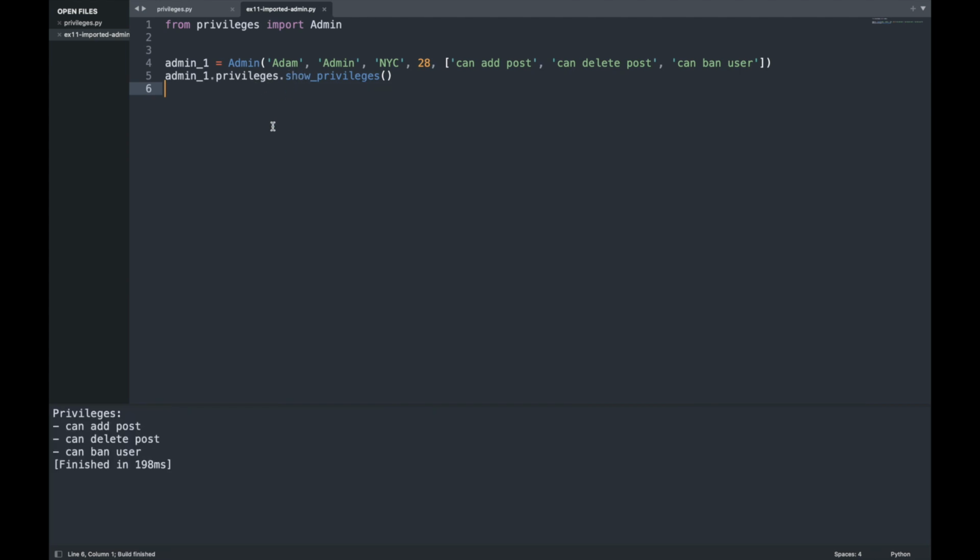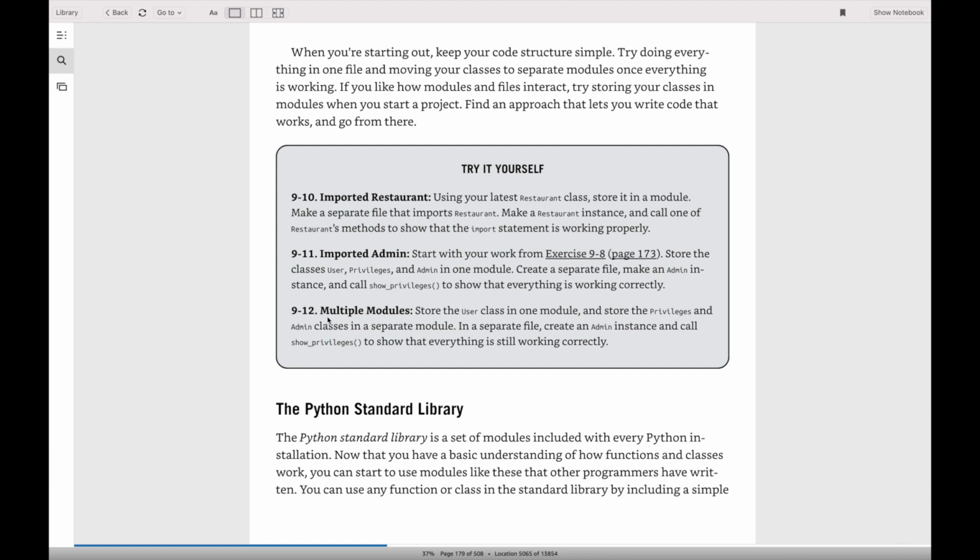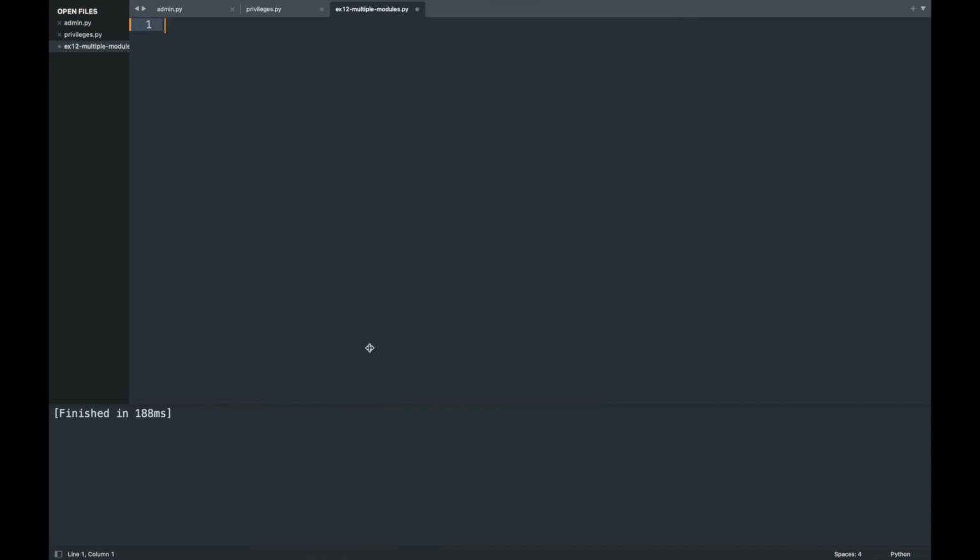So for our third exercise here, multiple modules, we should store the user class in one module and store the privileges and admin classes in a separate module. And then in a new file we can create an admin instance and call show privileges to show that everything is still working correctly. So we have our two separate modules here, and all we need to do is to